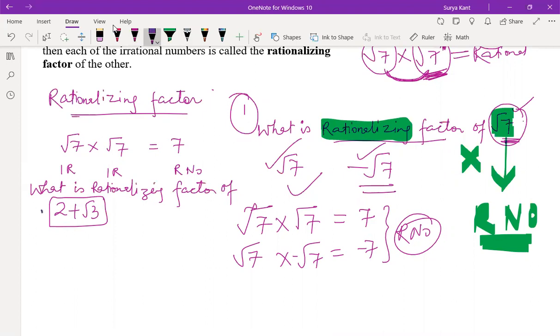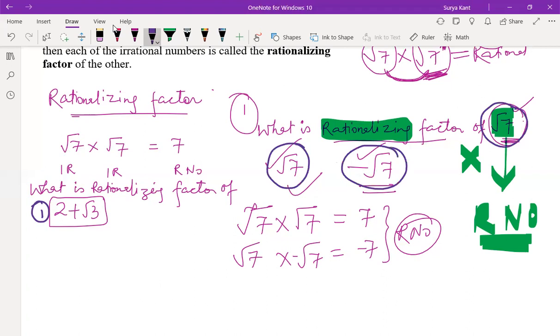This is a bit new to you, but try to understand, try to push your brain. What should you multiply? Sir, is it 2 root 3? See, if you multiply with 2 root 3, do you get a rational number? Any number which you multiply with 2 plus root 3, you should get a rational number. So only one trick you try to understand. For a single number, you just write the same number or the same number with a negative sign.